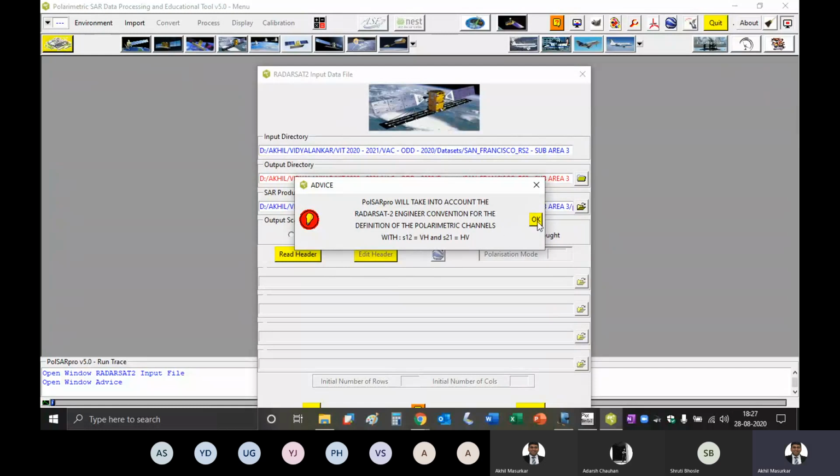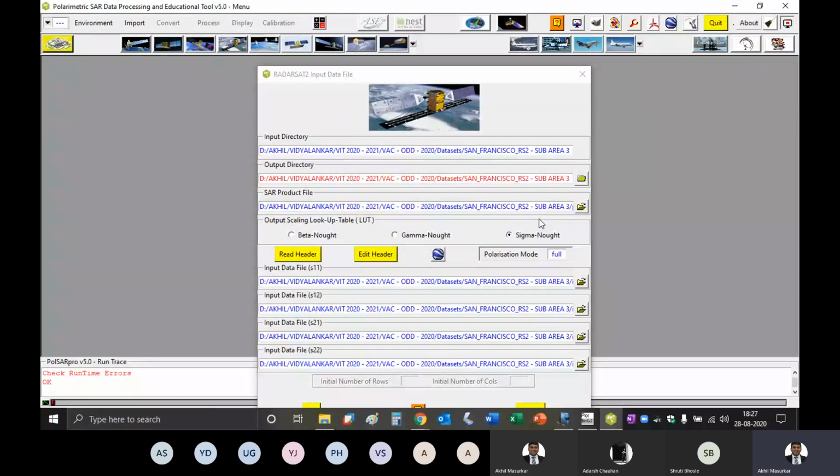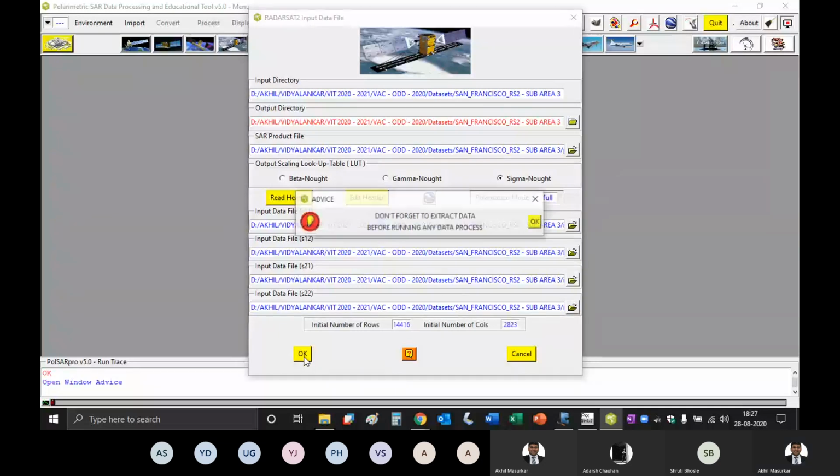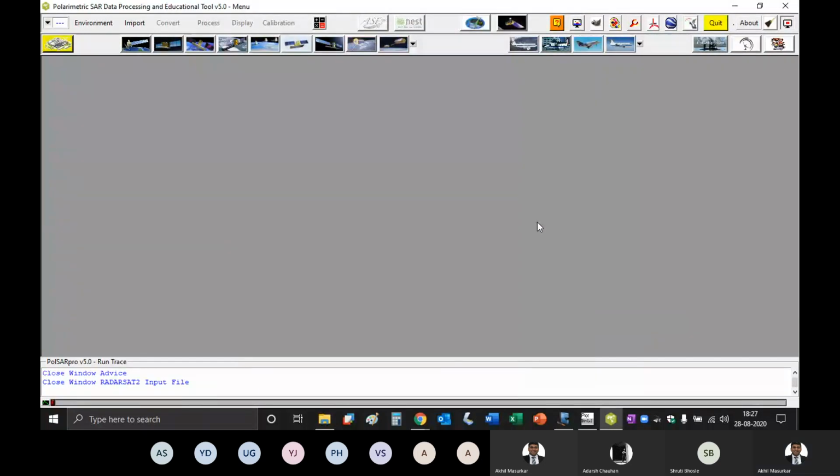Fine. You can say OK. And here are your header files for S11, S12, S22. And then you can just say OK. The moment you say OK, it shows you rows and columns. Say OK.